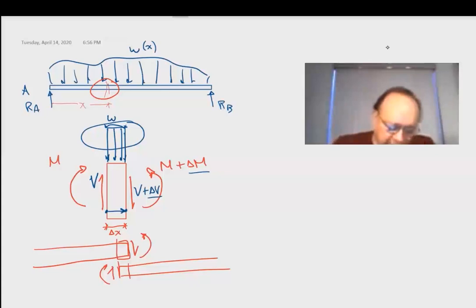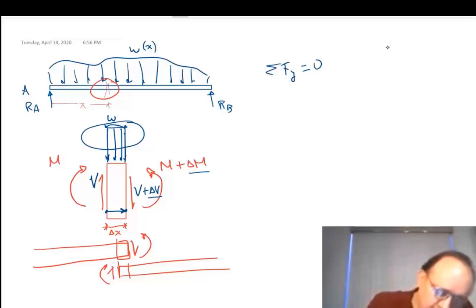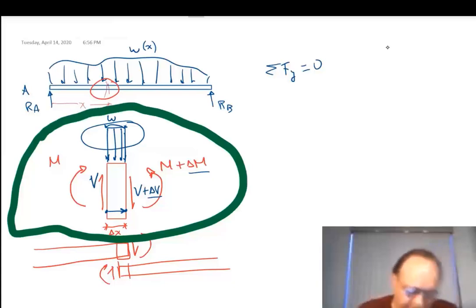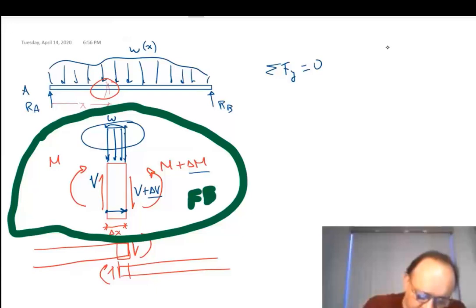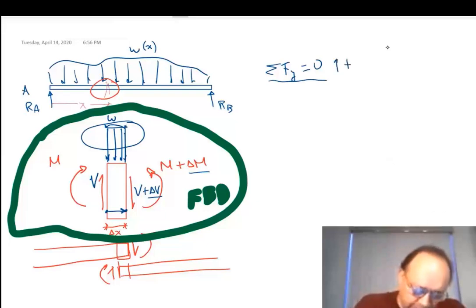So now let's analyze those. The summation of forces in the y direction has to be equal to 0 for this diagram here. I'm analyzing this free body diagram. For that free body diagram, the summation of forces has to be equal to 0. Everything is in equilibrium. Let's do positive going up. So I have V minus V plus delta V